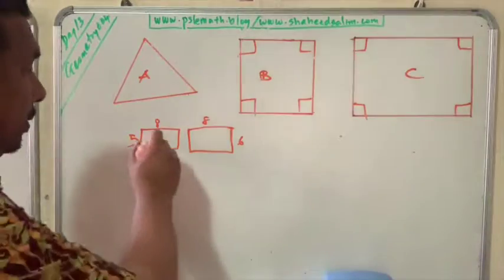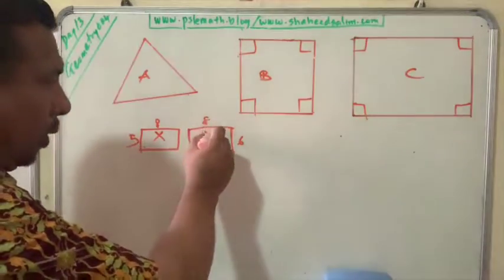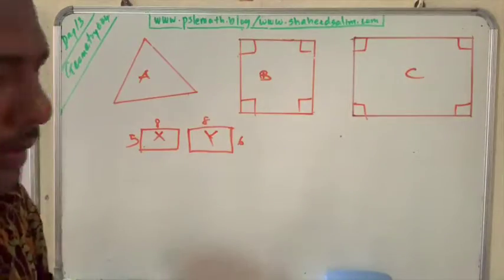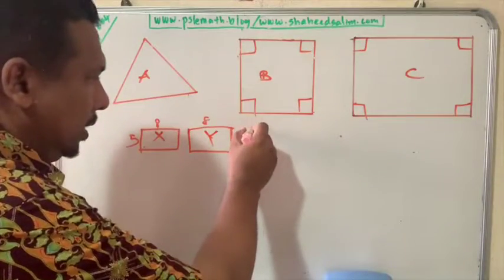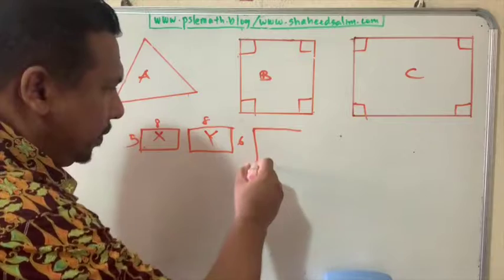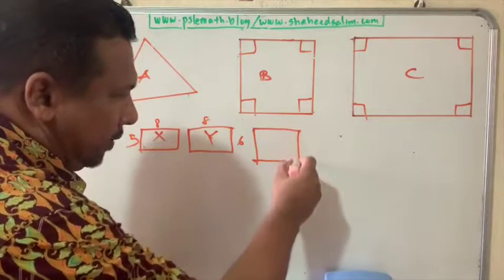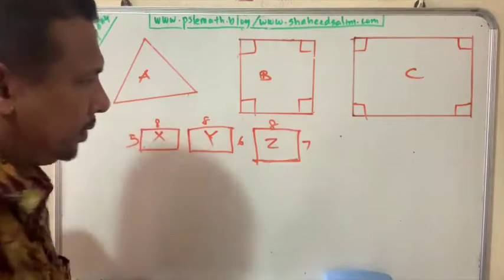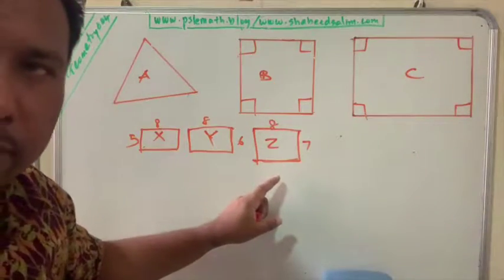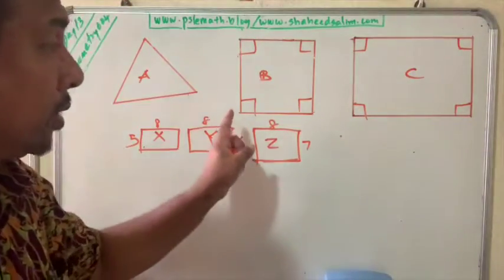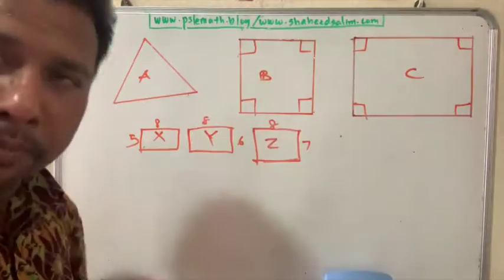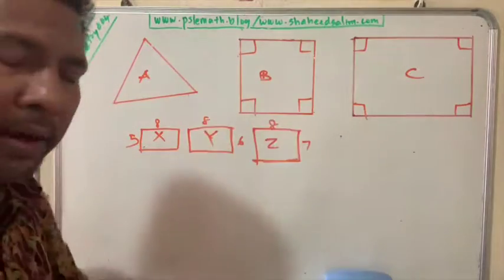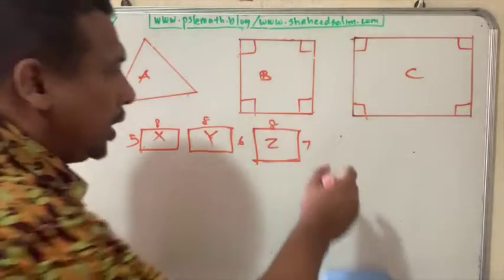You will say that X is a rectangle, Y is a rectangle. What about Z? Z, 8 cm by 7 cm. Is this a rectangle? You say yes, it's a rectangle, because the length is longer than the breadth, and this is the length and this is the breadth. So I'm going to ask you now,